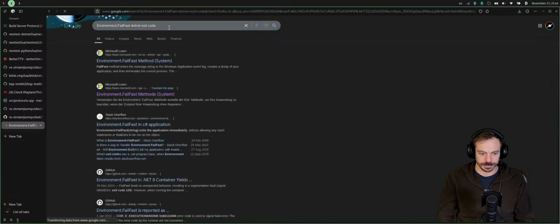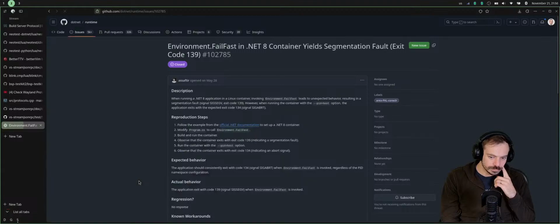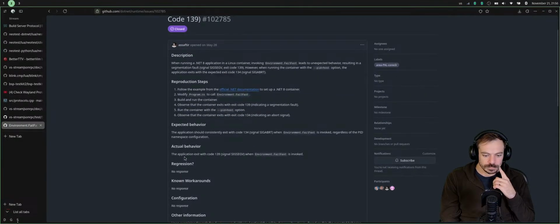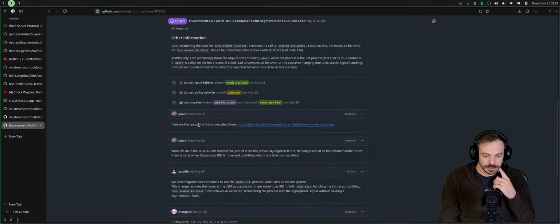Exit code. I believe the reason for this is described here.